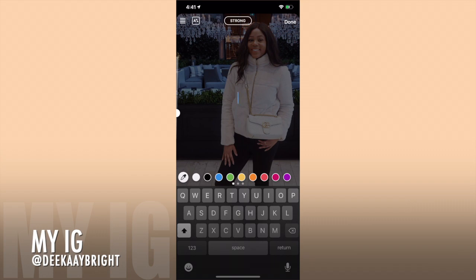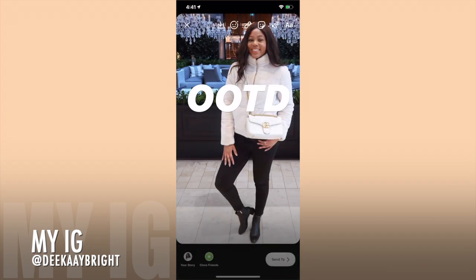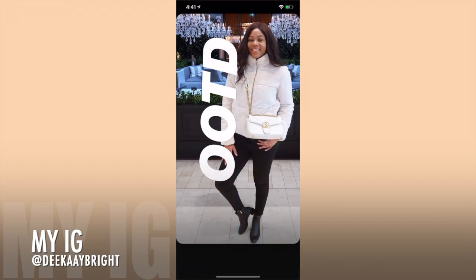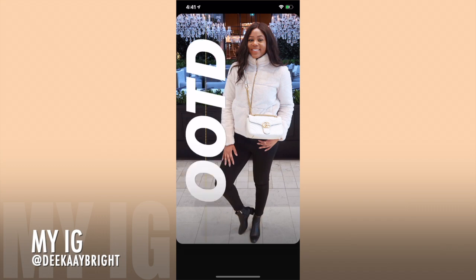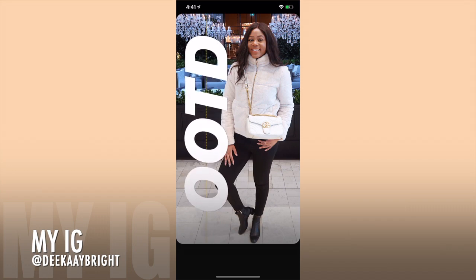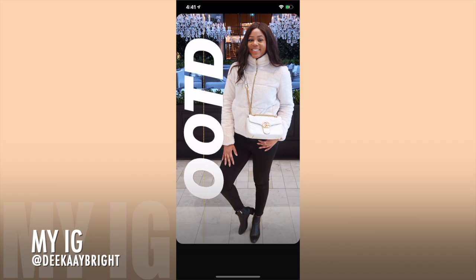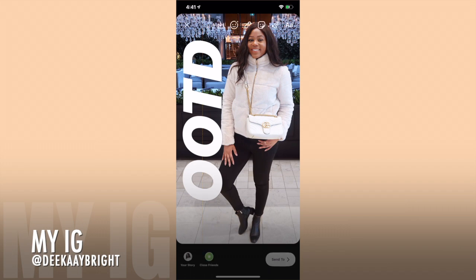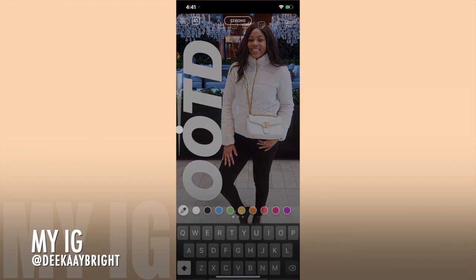I'm going to write OOTD in all caps, under the font Strong, and I'm going to rotate this into a vertical placement. See when the yellow line comes up, it basically tells you that it is straight, and you want that. You want to make sure that it's nice and straight. So just this big is fine, just like that. And then the next thing that you're going to do is type out